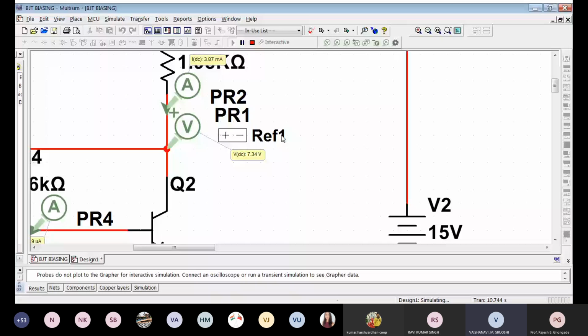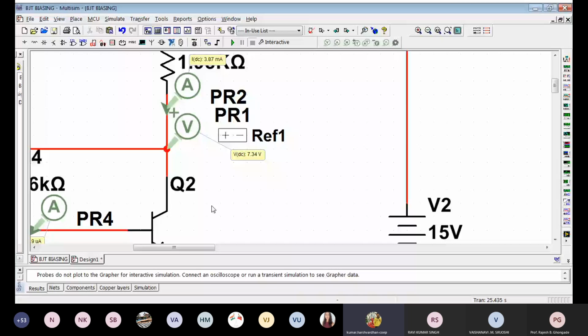And if you verify that, we have already seen this, we have actually analyzed this circuit for change in beta, and we are having pretty close values to these. So the values that we were getting were 7.3 volts and 3.82 milliamperes. Correct. So now we are very close to that particular value. So we see that the Q point has shifted, but it has not shifted as drastically as the fixed current bias circuit. All right. Now we will change this to